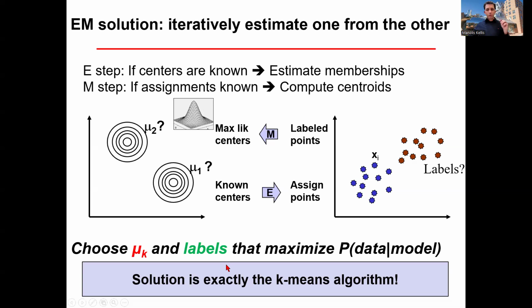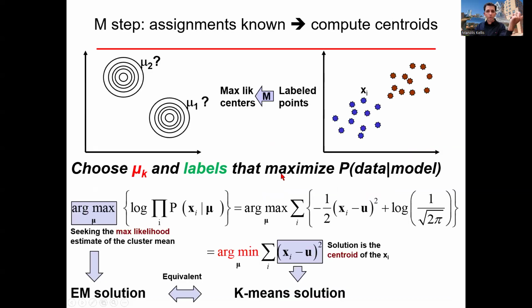Okay, and then the solution to the model of the world that maximizes the total probability of generating these points is no other than the answer of the k-means algorithm. Basically, what you're trying to do is solve two problems at once. The first is to infer which points were generated by which clusters. And the second one is, what are the clusters that generated the points? And you can infer both. If you knew any one of them, the other would be easy. But if you don't know either, then you start anywhere and you iterate.